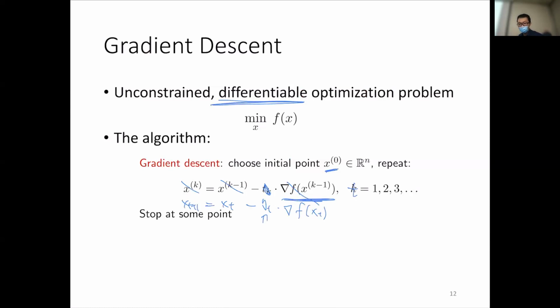This algorithm often works in practice and gives us something close to the optimal solution. And the idea here is, can we just privatize this algorithm